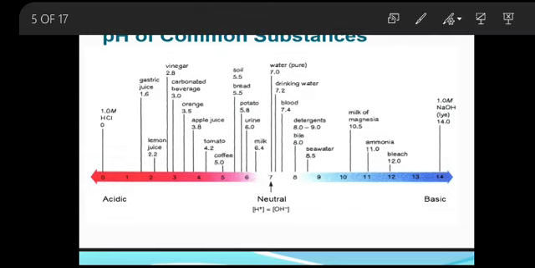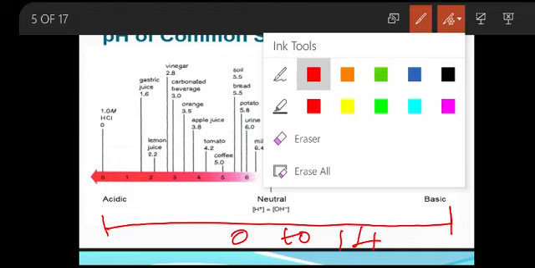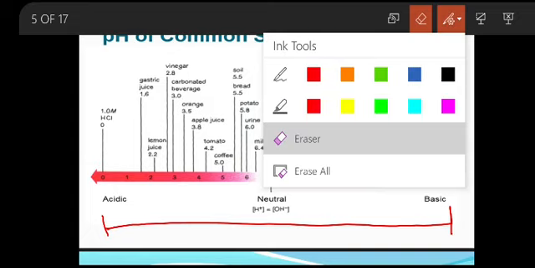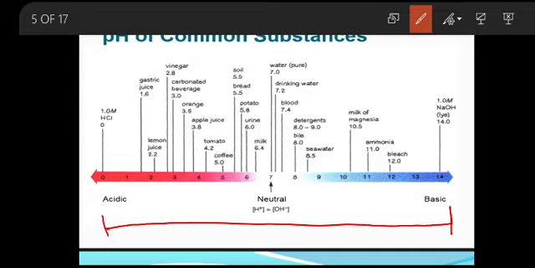Okay, children, this is your pH scale. It is a scale of 0 to 14. In this scale, I am going to separate it into two equal halves. How do you separate it into two equal halves? I divide the 14 into two halves as 0 to 7 and then from 7 upwards to 14.